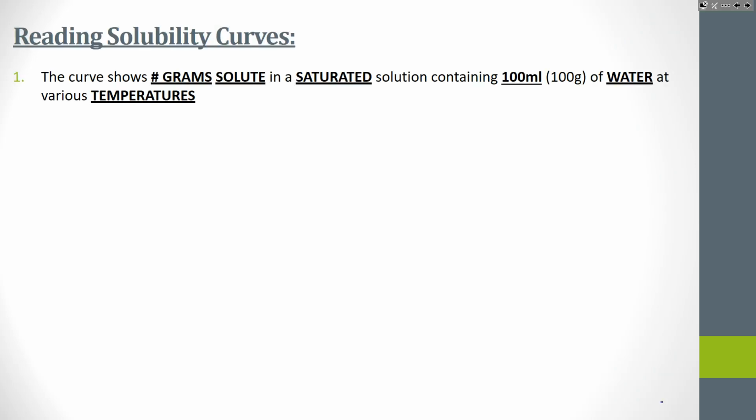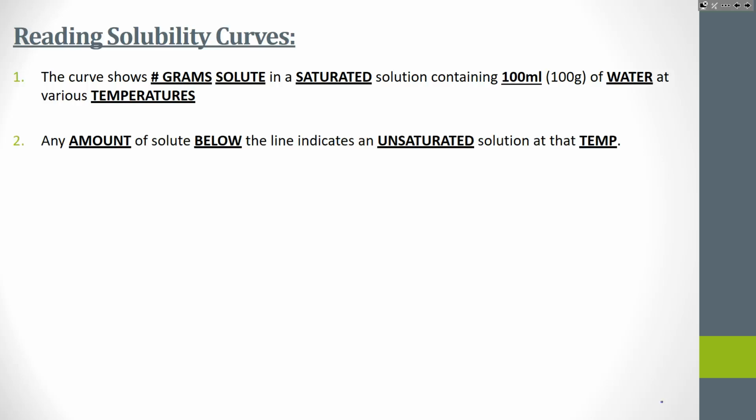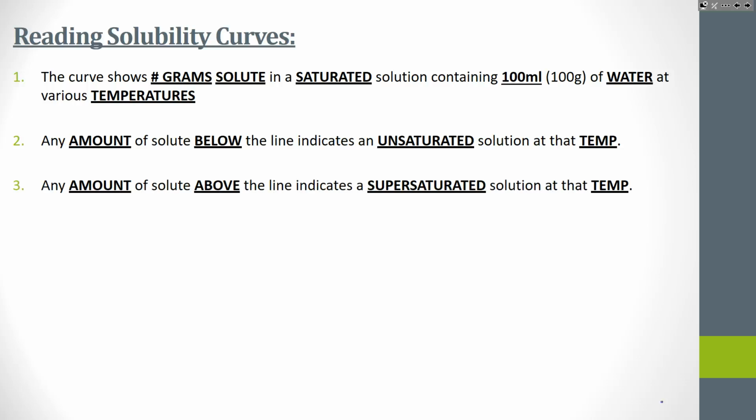So here's kind of a summary of everything I just went over. The curve shows us the grams of solute dissolved that would be in a saturated solution, so dissolved in a saturated solution that has 100 mL of water. And it shows us that all at different temperatures. Now, any amount below that line would indicate that a solution is unsaturated. So, if you're able to dissolve 80 grams and you've only got 60 grams, that means you have more room for solute to dissolve. Any amount above the line would be,